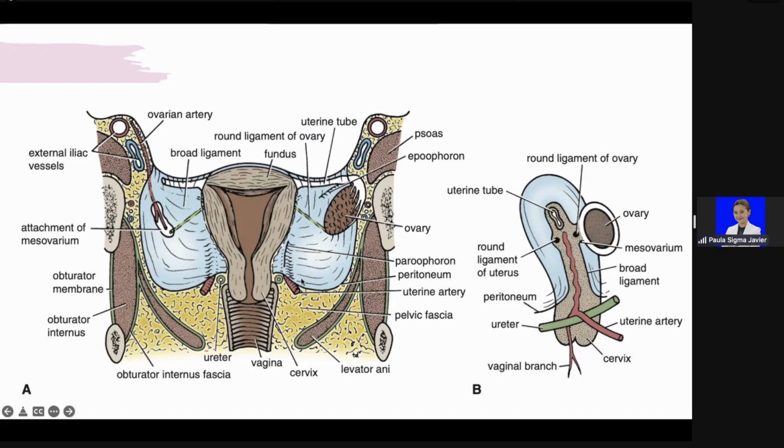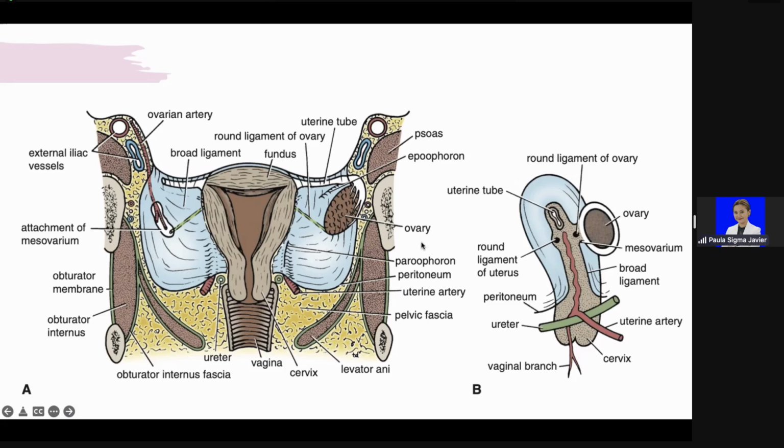So, in females, they don't really have a function, they're just remnants. Okay. So here we have your uterine tube, your ovary. This is the round ligament of the ovary or the ovarian ligament or just the ligament of the ovary. So all of these answers I will accept for the practical exams as long as you're specific.